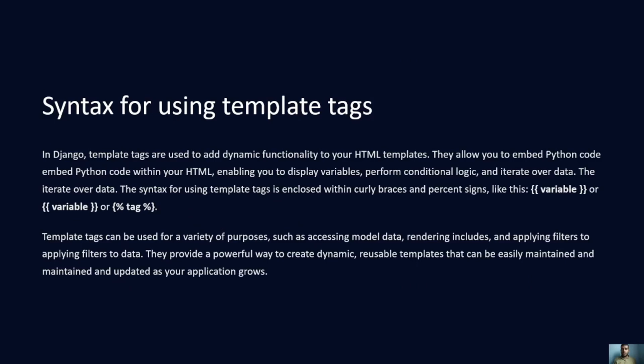Syntax for using template tags. In Django, template tags are used to add dynamic functionality to your HTML templates. They allow you to embed Python code with your HTML, enabling you to display variables, perform conditional logic, and iterate over data. The syntax for using a template tag is enclosed within curly braces and percent signs, like